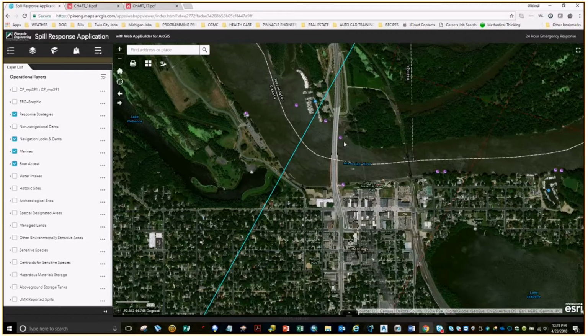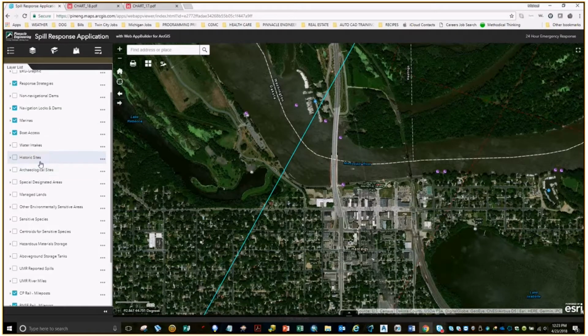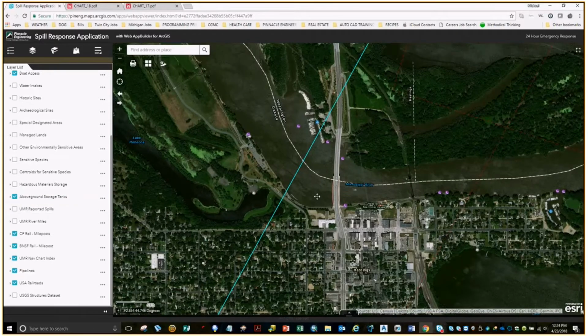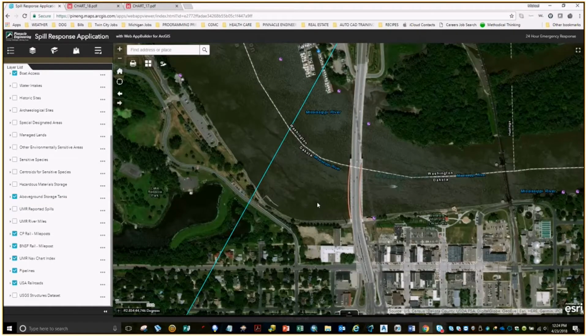So a lot of this data is from the UMRBA, where we've got water intakes, historic sites, boat access, marinas, locks and dams, archaeological sites. It's sort of an endless amount of sensitive resource data, infrastructure, transportation, and then you've got your rail, your pipeline, all your hazards, your above ground storage tanks. So it really connects you with the whole fabric of the operational planning, where you're trying to connect all the pieces. All of this information, let's turn on something